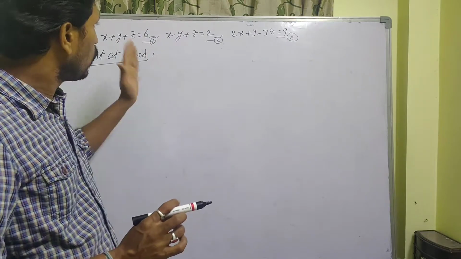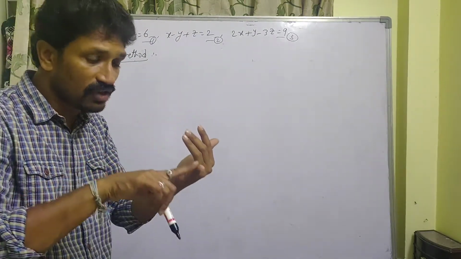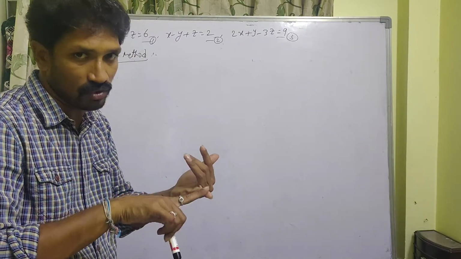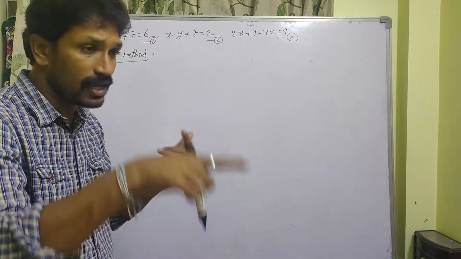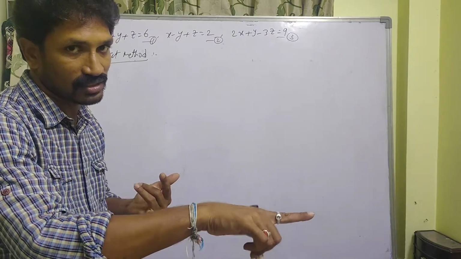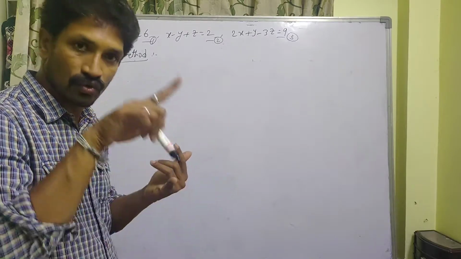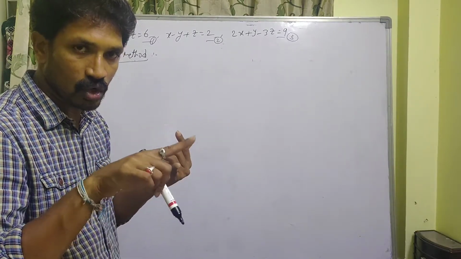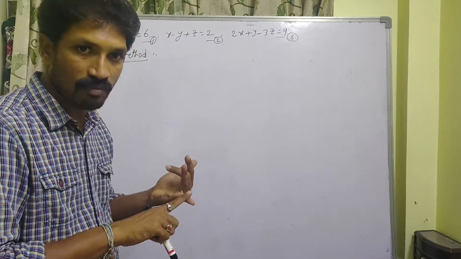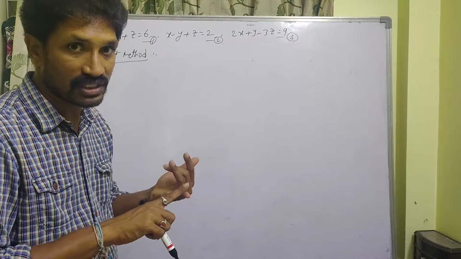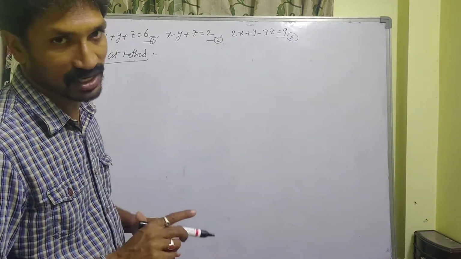So after that, what do we have? In two variables, we have two equations. If the given equations are a system of linear equations in two variables, how do you say consistent or inconsistent? By using the conditions: a1 by a2 is not equal to b1 by b2, unique solution. a1 by a2 is equal to b1 by b2 is equal to c1 by c2, infinitely many solutions. a1 by a2 is equal to b1 by b2 is not equal to c1 by c2, no solution. So the same method we have to apply here.